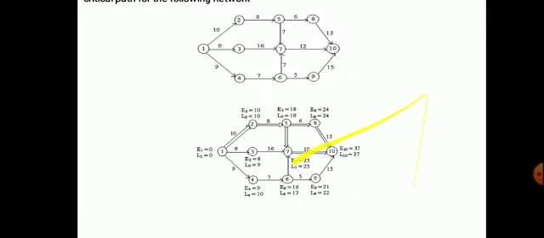Similarly, coming back also, 37 minus 13, 24. 24 minus 6, 18. 18 minus 8, 10. And 10 minus 10 is equal to 0. Now we can find out the critical path where the slack is zero, where both are equal. There is no float. Okay, slack is 0. 37, 37, 24, 24, 18, 18. Okay, and 25, 25, 10, 10, 0. This will show the critical path where the slack time is 0.